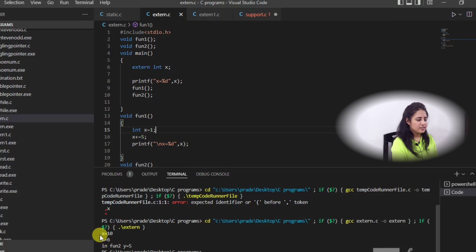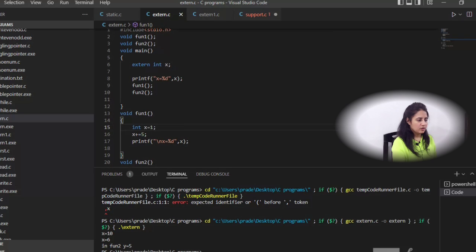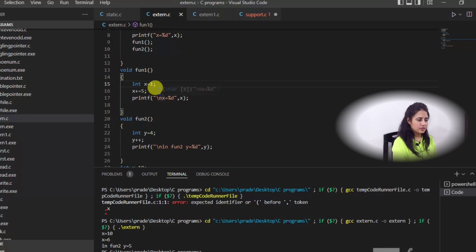See, first of all x is equal to 10, this x 10, then x 6, and in function 1 obviously x would be 6 because x was 1, we have added 5. In function 2 I am printing in function 2, and then y value would be 5,